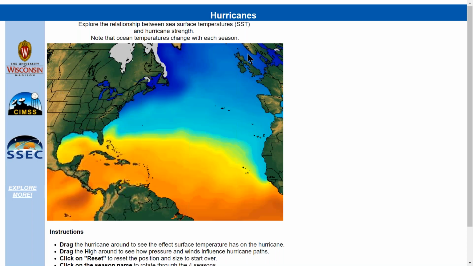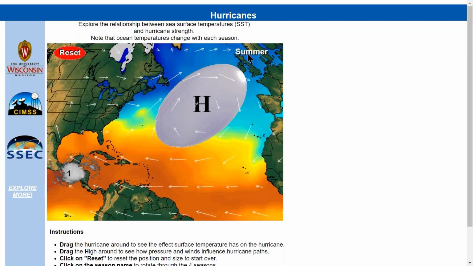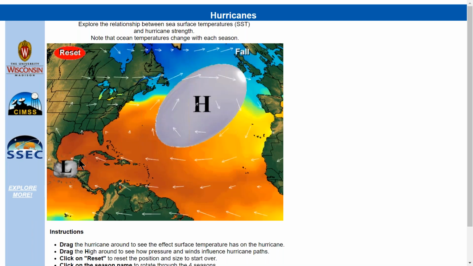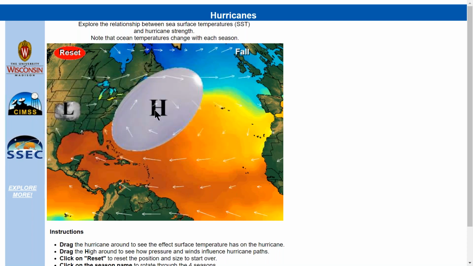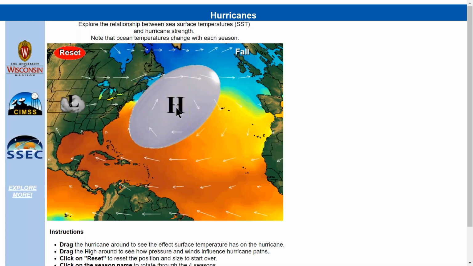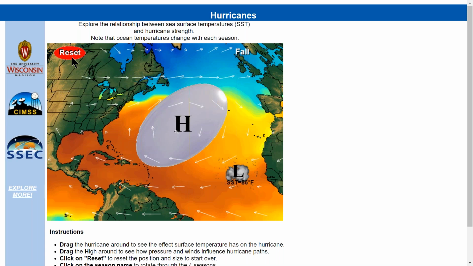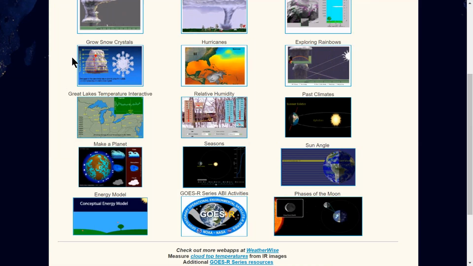from the seasonal average, and I can change between seasons, and you'll notice the sea surface temperature changes. I can move this up into the Gulf where it's really warm, and you'll notice we're making a pretty good Category 3 hurricane there for a while. So this is one thing, and again, as you move the high around, it does change the flow pattern. Again, let people get the idea of what the mechanisms are for moving and intensifying hurricanes.